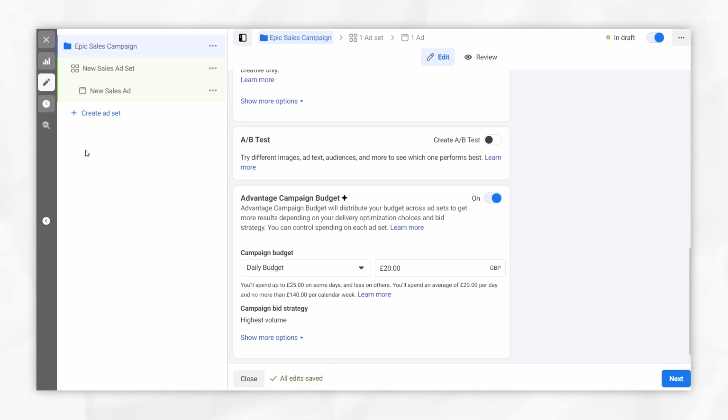This is going to be quite a detailed walkthrough of exactly how we scale Facebook ad campaigns as an agency. We spend more time scaling Facebook ad campaigns than we do creating Facebook ad campaigns for our clients. It's something we very much know how to do, and it can be done provided you do it the right way. So I'm in an example Facebook ad account here, and I've just created a campaign called an Epic Sales Campaign,